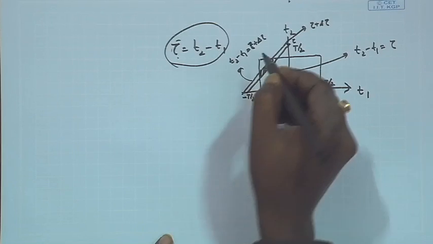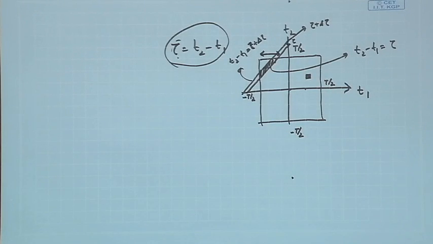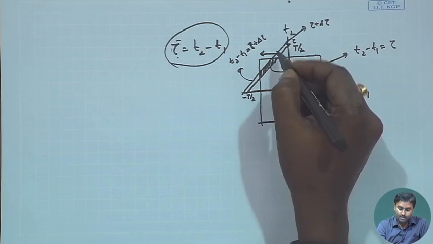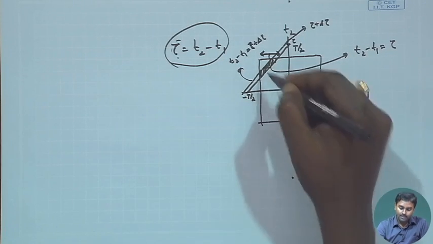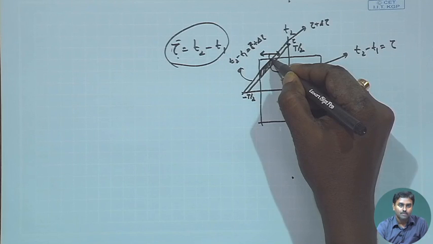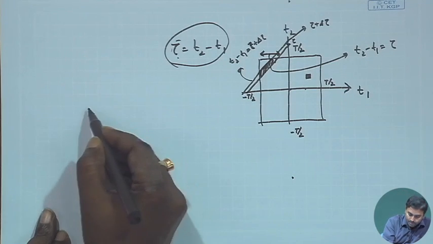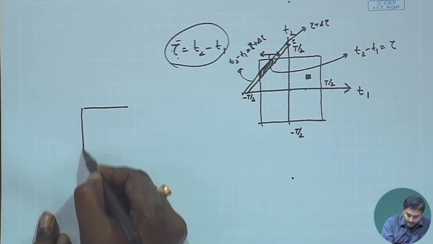As long as I am doing that, it should be converted to a single integral, right? So I have to then evaluate the area, because I have already seen the limit of tau goes from minus t to plus t. So I just have to get the area. For calculating that area, I need to find out this length, because the angle I know already. So immediately I will be getting this value. This is something I can always do. So basically, if I just draw it a little bit bigger,